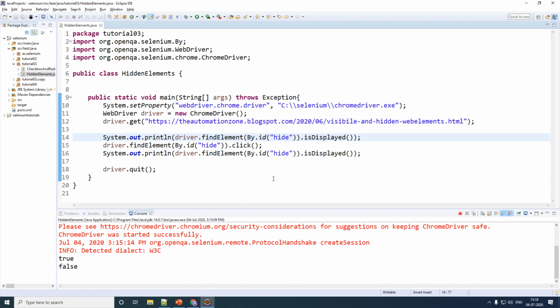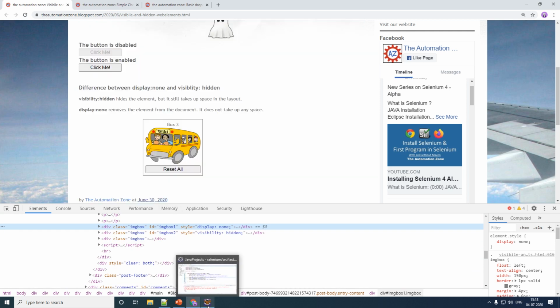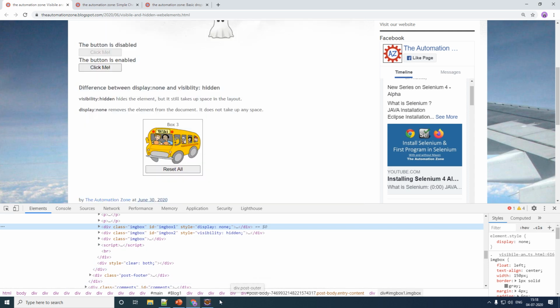Your particular method, which is element and is displayed, will only work if the elements are present inside your HTML and they are not visible. Okay, so if you are trying to find out the visibility of elements which are not present at all in your HTML, it is not going to throw you a false, but it will throw you an exception.